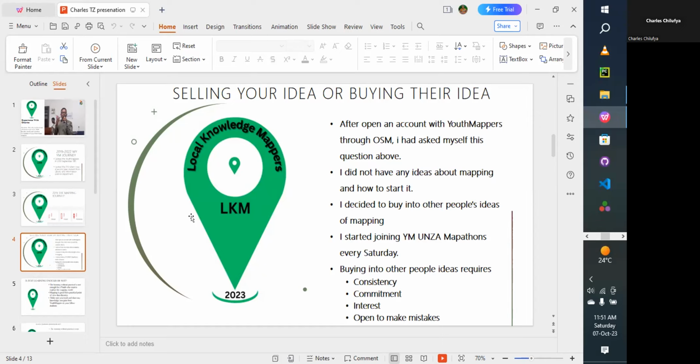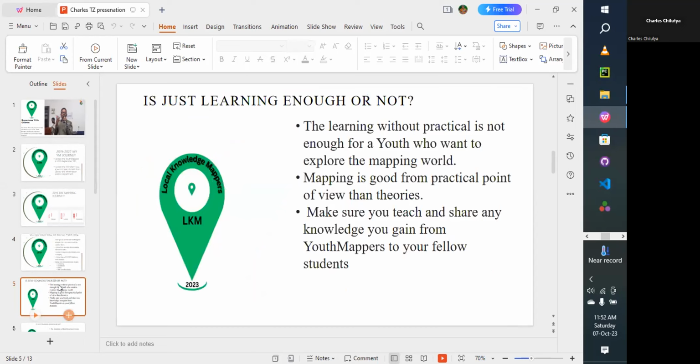But after I got into people's ideas, I ensured that I was consistent with whatever I was doing. I had serious commitment. I had interest in learning, and also I was very much open to making mistakes. So Chomba was there to guide. So as you students are mapping this time, as you want to learn about mapping, I would also encourage you, please be open to making mistakes, because this is the only time you can learn from those mistakes. So be committed, be consistent, and you have a lot of people that can share their